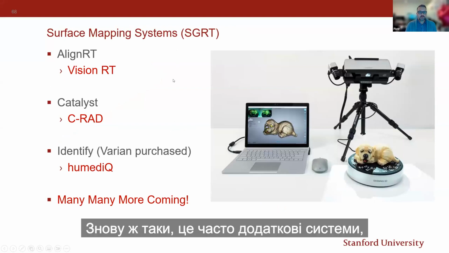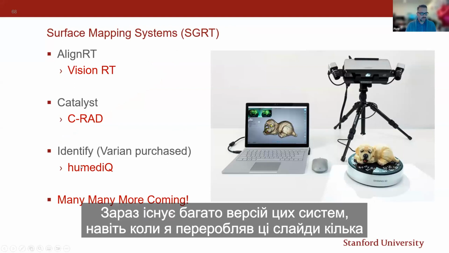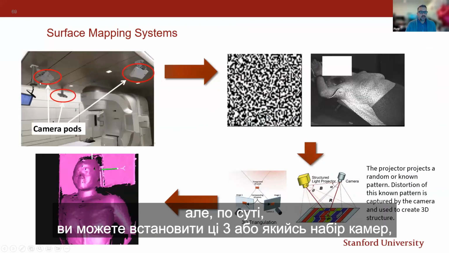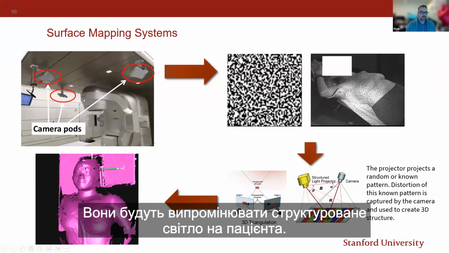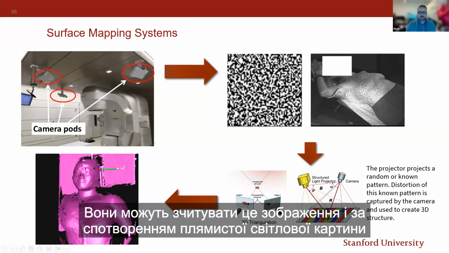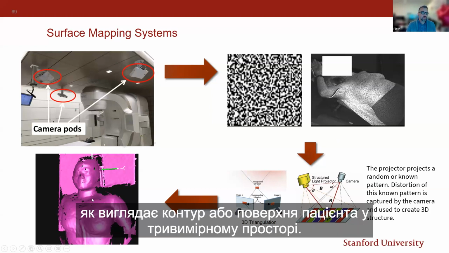systems. Again, these are often add-on systems that you can purchase after the fact. There's now many versions of these. Even when I was redoing these slides from a few years ago, there's now a plethora of these SGRT systems. Effectively, you can install 2 or 3 camera pods. They'll shine some structured light on the patient. They can read out that image, and from the distortion of the speckled light pattern, they can figure out exactly in 3D space, to a very high sub-millimeter accuracy, what that patient's surface looks